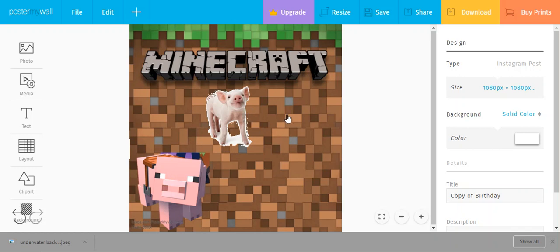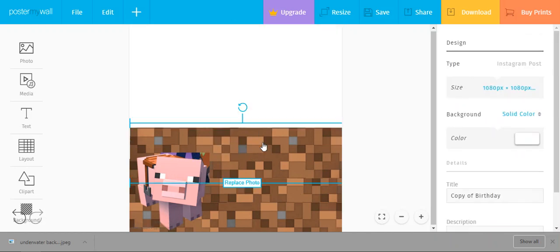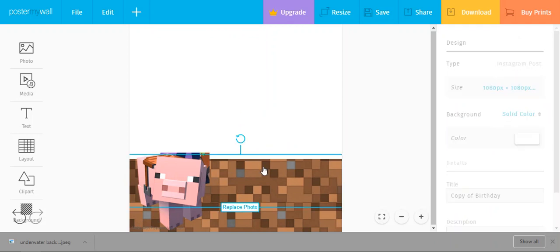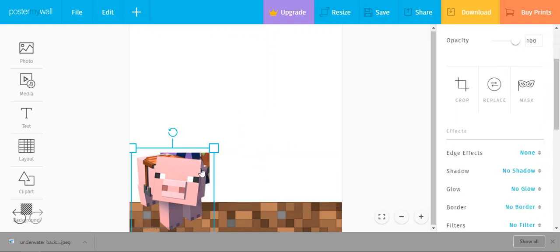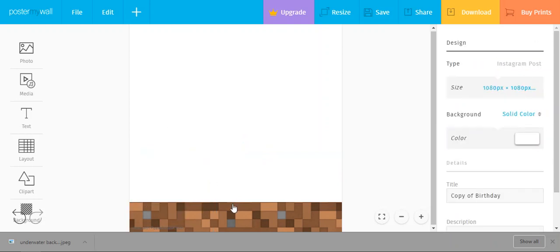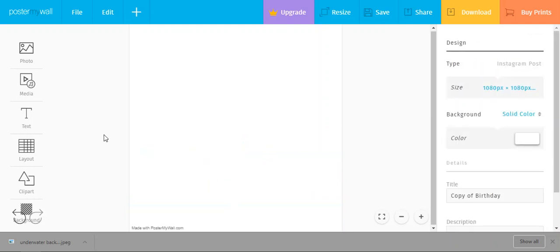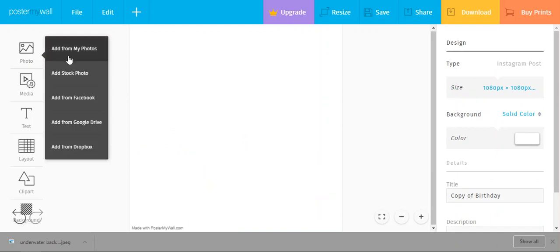okay, I don't want to keep any of this. I want to start pretty much from scratch. All right, so let's delete everything. Maybe everything except, oh yeah, I'll just delete everything. All right, let's delete everything. Okay, so click on Photos, Add from My Photos,